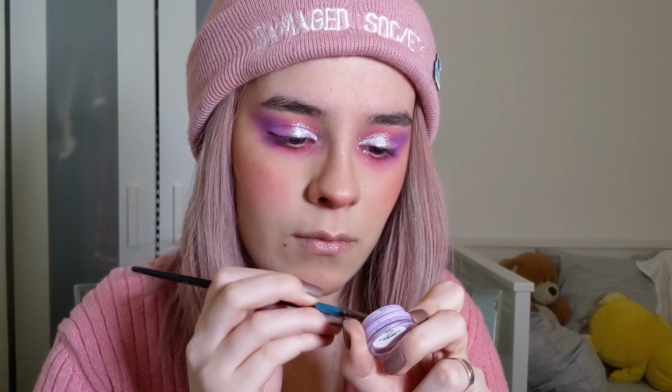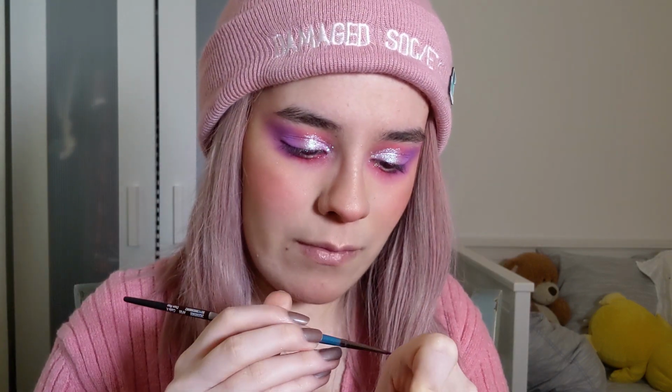Okay, I'm just doing a bit of mixing on the back of my hand to see if we can get a colour that's like a nice in-between. I highly recommend, because I mix my wet liners all the time, get yourself a light purple and a dark purple, because mixing purple is the worst colour to ever mix. Actually, it's a little bit too same with the eyeshadow, but